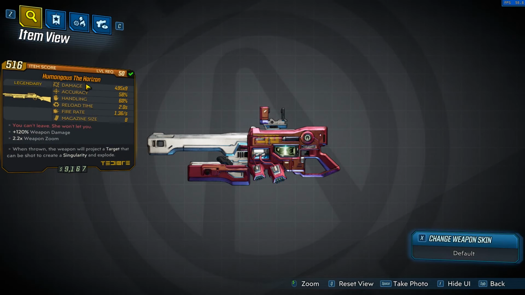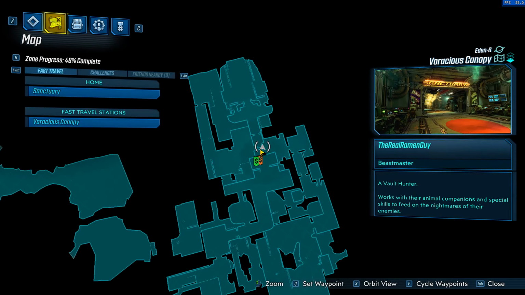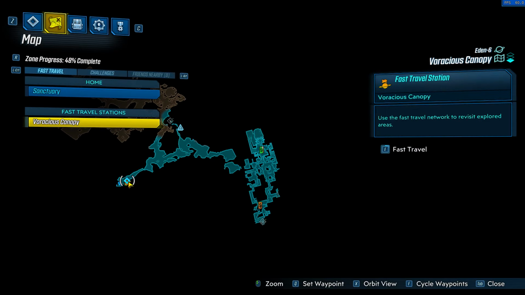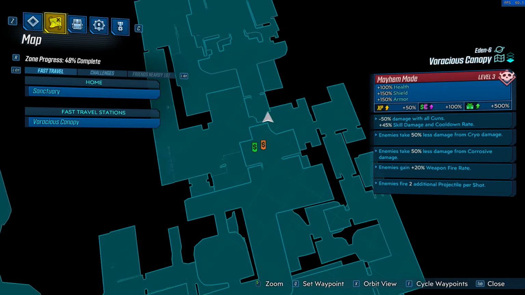Another weapon you cannot obtain from just any random lootable source in the game is the legendary TDR shotgun called the Horizon. It will only drop from a server spot with the name Maxi Trillion on Eden 6 right here in the Voracious Canopy. Am I saying that right? I don't know. Anyway, Maxi Trillion is a rare enemy that will not spawn every time,